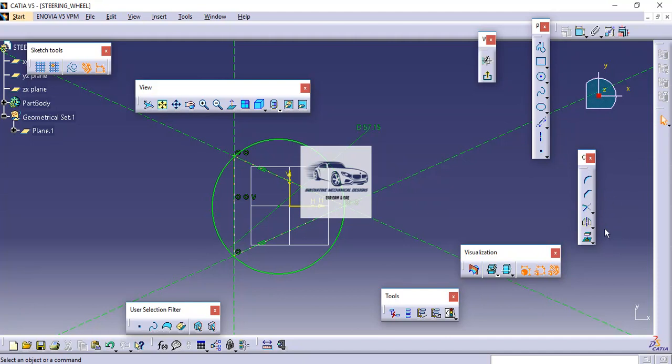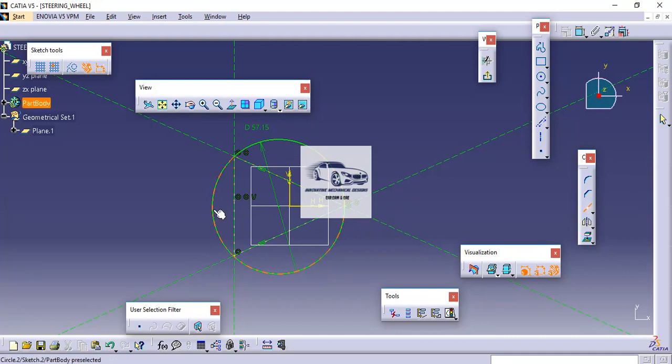To divide it, we have an option in the operations toolbar called the break command. So here we have to go to the break command. In the break command, the software first asks me to select the element to be broken. So I will select the circle and then the breaking element, like this line.